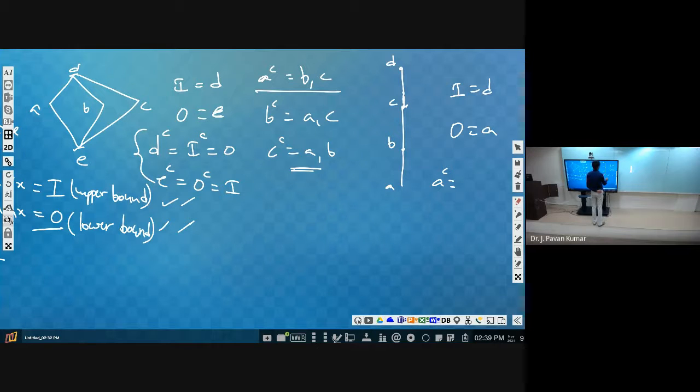A complement is, you consider with all these elements. A meet B will be A, A join B will be B, so it is not satisfying, so B is not the complement of A. Next, a similar case will occur with respect to C as well. Next, consider D. A meet D is A only, A join D is D. Both the conditions are satisfied, so A complement will be D.